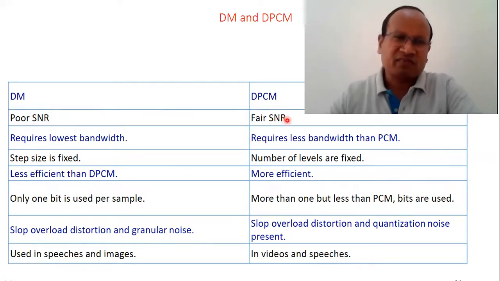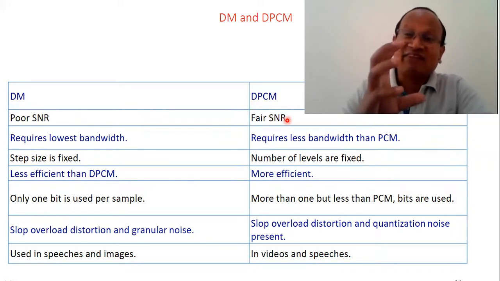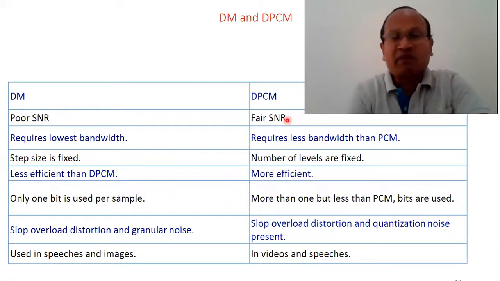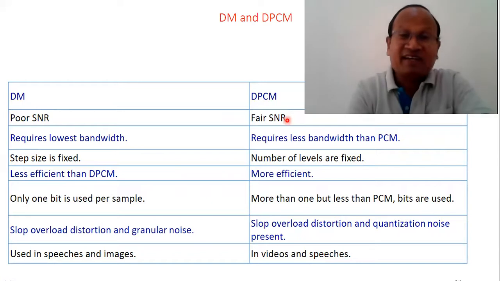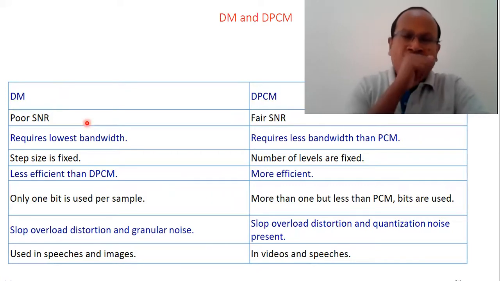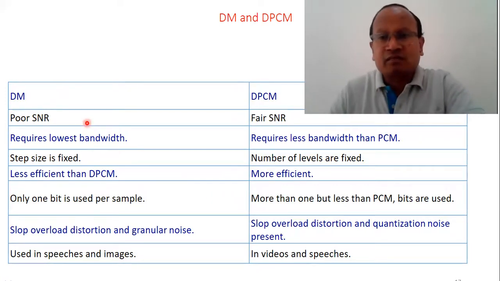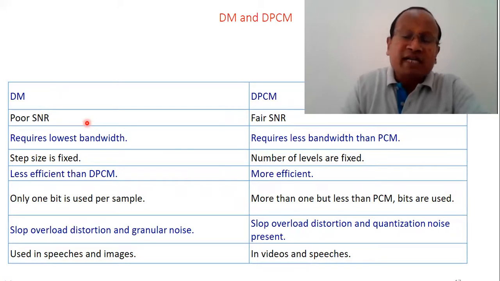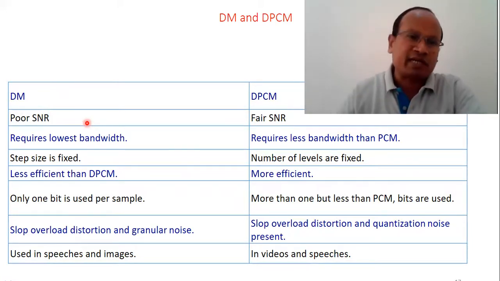Means it's okay. It's not poor. It's not under the poor category. It's because still the difference is encoded into a certain number of bits. Those bits may be 4, 6, whatever. But in delta modulation, we always encode into only one bit. So of course that approximation becomes more intense, more extensive, and that causes some loss of signal strength.